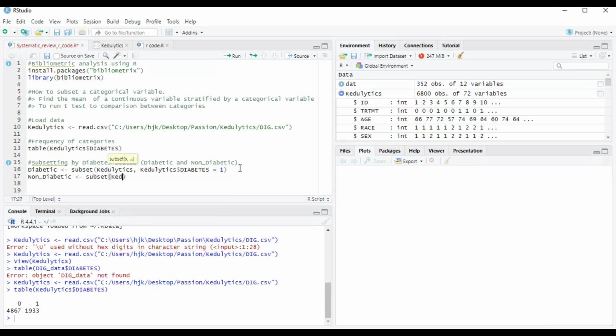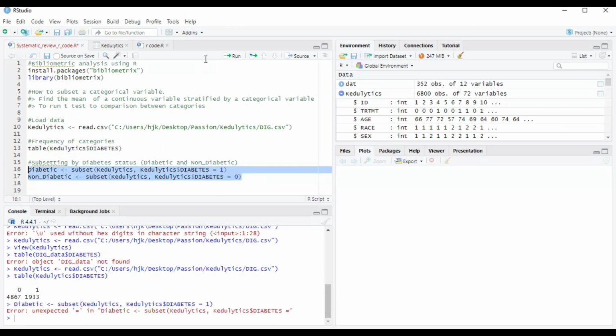also follow the same line. But then at the side, I'm going to change to 0. So with this line of code, we are going to subset our data into diabetic and then non-diabetic. This will allow us to run further analysis that are stratified by these groupings. And so you run this line of code,